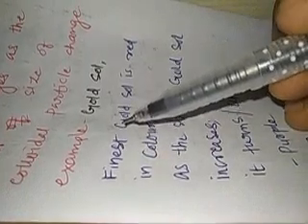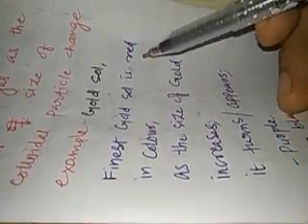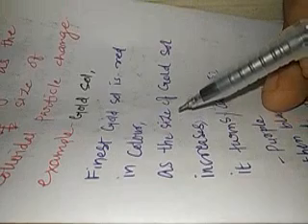The color of colloid system changes as the size of the colloidal particle changes. For example, gold sol, when it is finest, means very small size, is of red color. Then as the size increases, it turns first purple, then from purple to blue, and then from blue finally it turns into golden color. So this is how we can understand about the color of the colloidal particles.